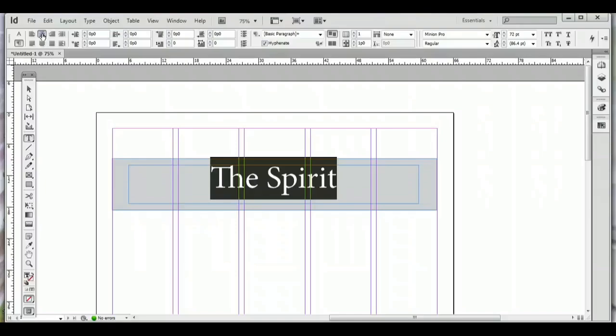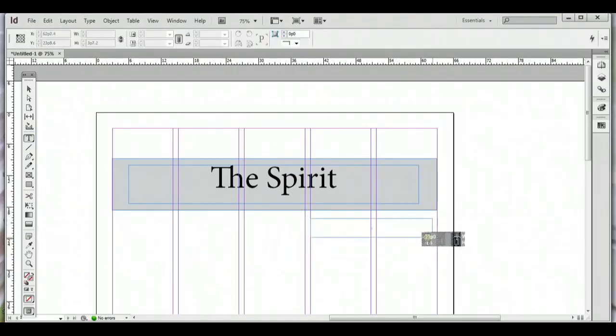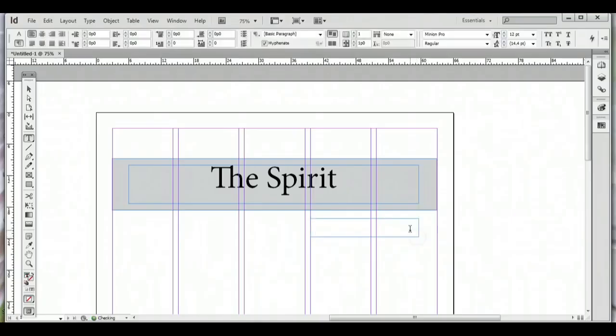And now we want to add in on our nameplate our date, volume, and issue number. So this is going to be done with a separate text box. So again, we need to select the type tool. I'm going to draw it down here, and then I'll slide it up here in a minute. So I'm going to select my type tool here. We'll call it volume 1, issue 1. Today's date,